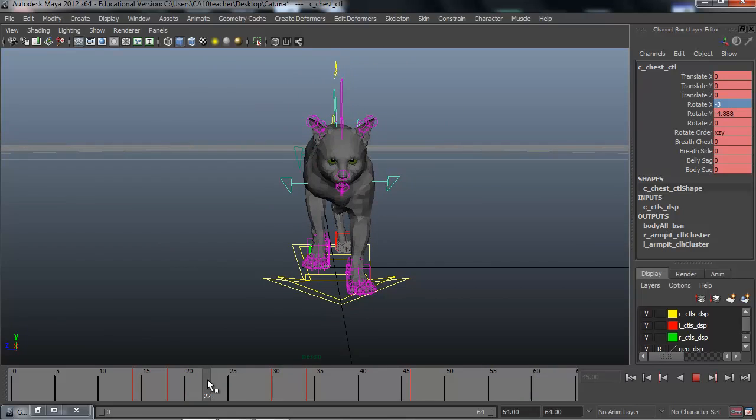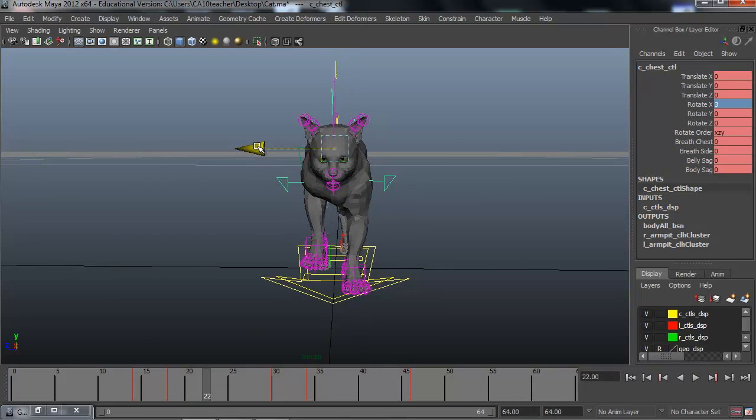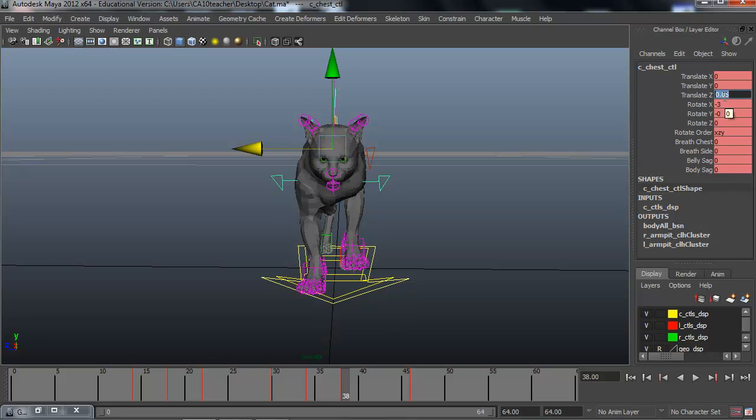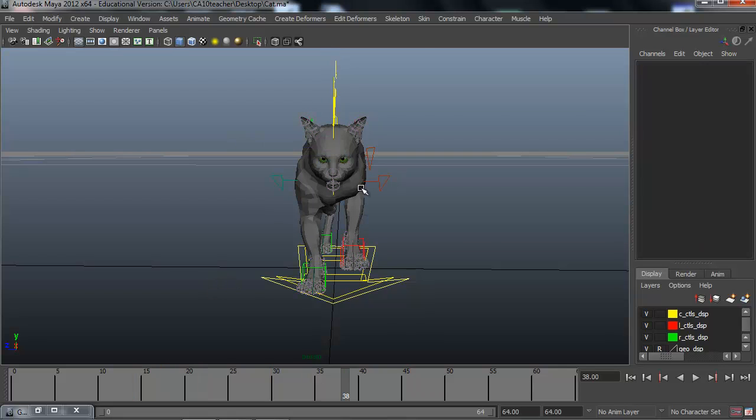So if I go 4 frames after, I know it's the passing position. So I just put it a little bit on the left, on the side. Okay? So maybe this one I will go a little bit less. Okay? Then after I go on the other passing position, I have 34, so 38. And I say I want you to be at 0.05. Okay? If I go in my graph editor,